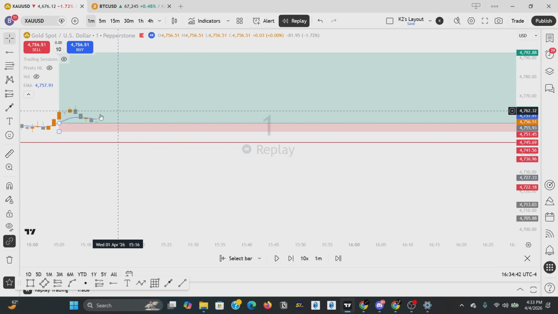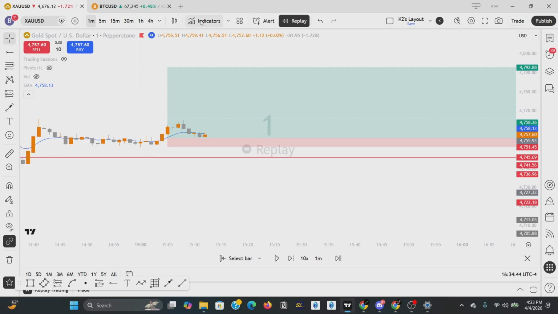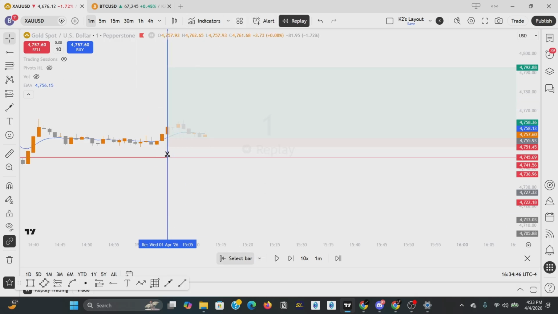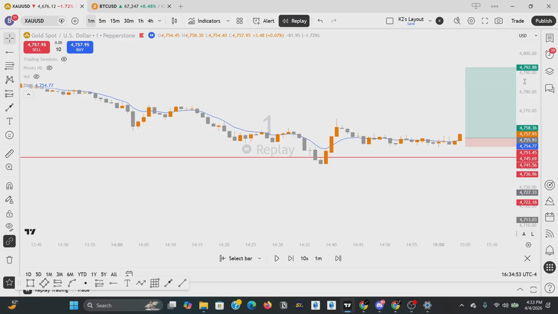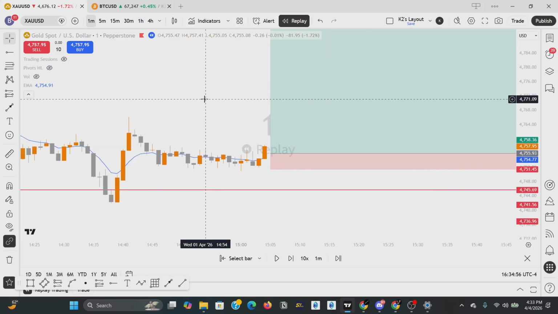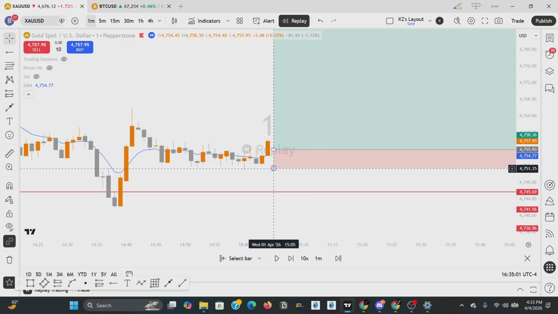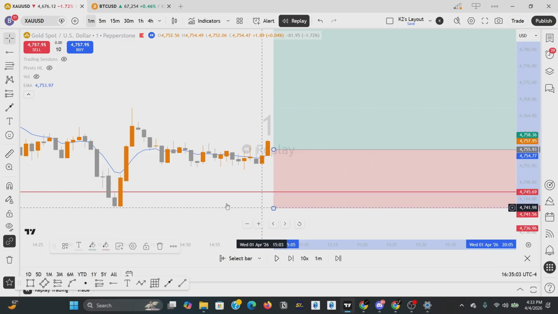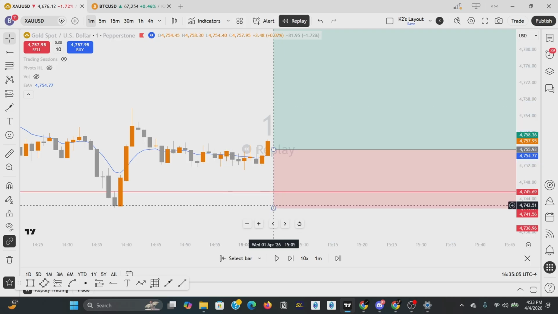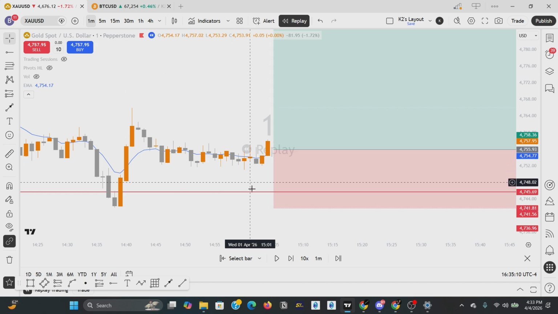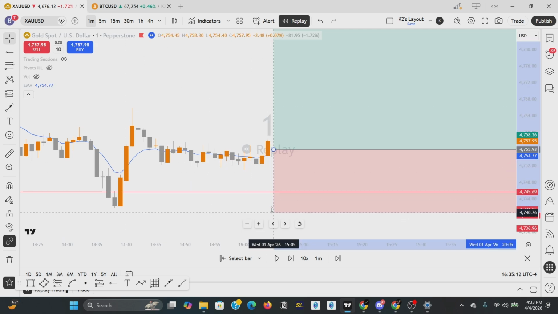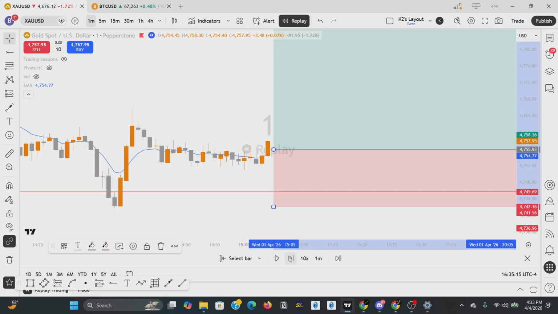Now, let's talk about this trade right here. This would have been the perfect trade if not for one thing. I originally had my stop loss down here, right? If I would have kept my stop loss down here and didn't touch it, I would have won this trade. But instead, once price got into profit a little bit,